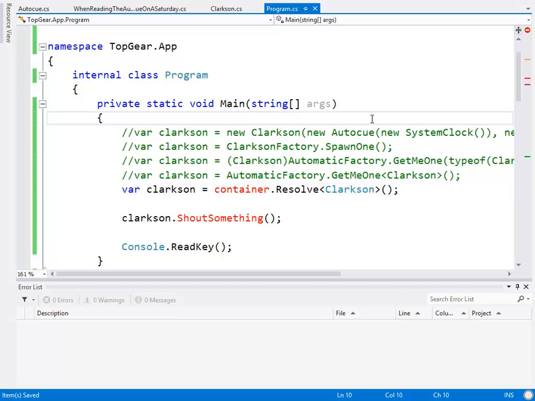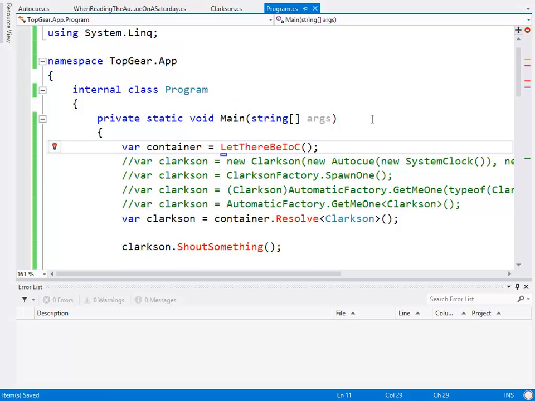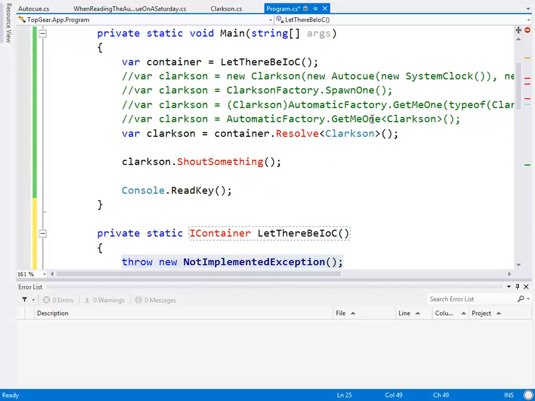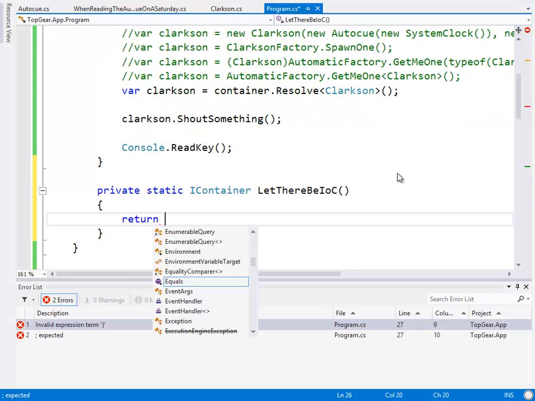Okay, and what we're going to do as part of our setup is we're going to go var container equals let there be IOC. All right, and we're going to do that. He's going to return an IContainer. That's more multi-thread, much easier. Yours is more optimized. Yeah, absolutely. And mine's faster and clever and all the rest of it. I'm so glad Nick's not here to see that. All right. Sorry? It's more fun to write. It's more fun to write from the beginning. You just wait until I get into memory leaks.